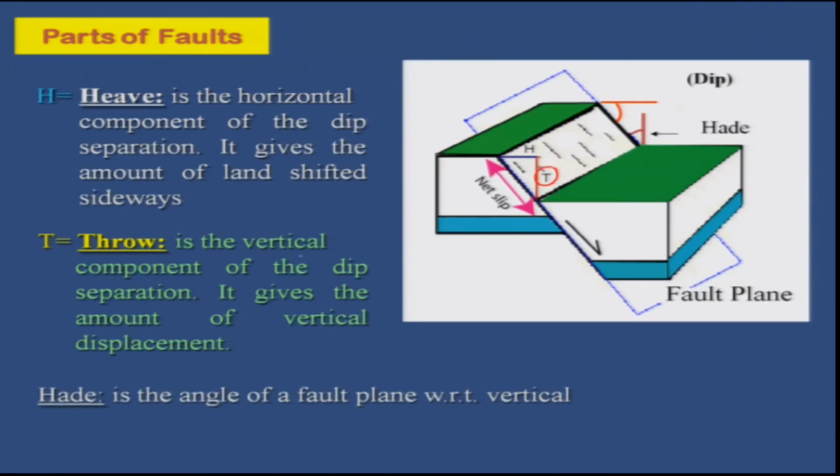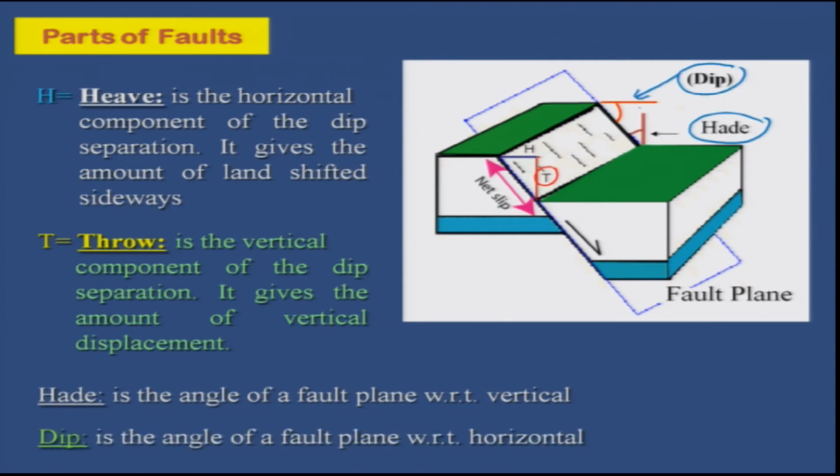Then comes the heading. Okay, this one over here. The heading is the angle of the fault plane with respect to vertical, as we were talking about the dip, which is with respect to horizontal, but this angle is with respect to vertical. Okay, so these are the components which you measure when there is a displacement along the